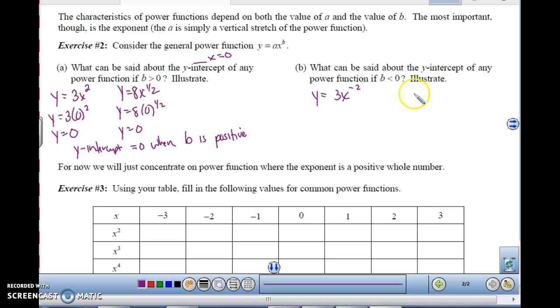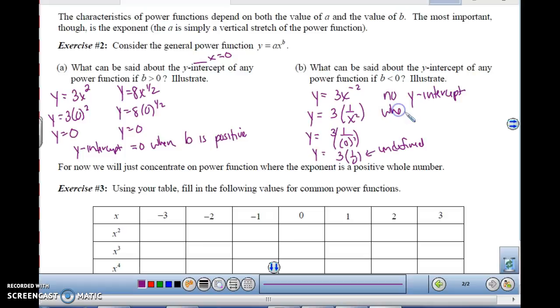Okay, and the y-intercept is still going to be 0. All right, so this is y equals 3, remember this is 1 over x squared, 3 times 1 over 0 squared. Oh, can we do that? 1 over 0 squared is going to be 1 over 0, which is undefined. When you divide by 0, that is undefined. Okay, so this means you have no y-intercept